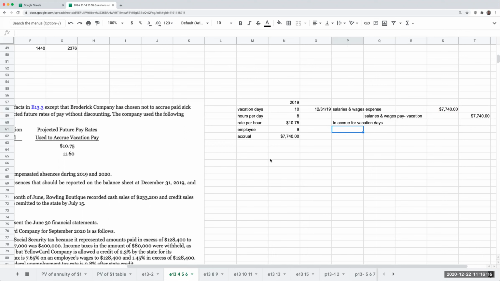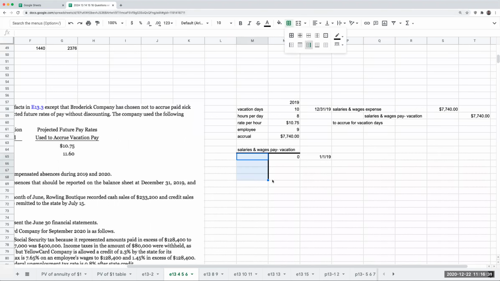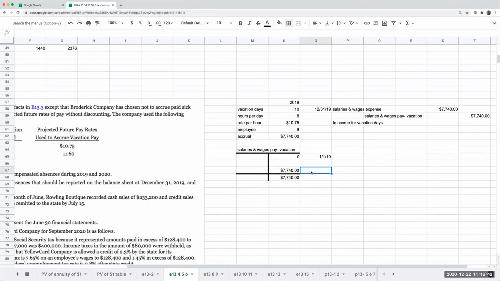Okay, so let's just take a look at our T account. My salaries and wages payable for vacation on 1/1/19, because this is the first year of operations, had a 0 balance. During the year, I'm accruing 7,740. So my ending balance at 12/31/19 is my accrual. When we get to 2020,